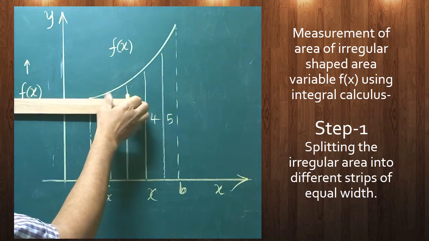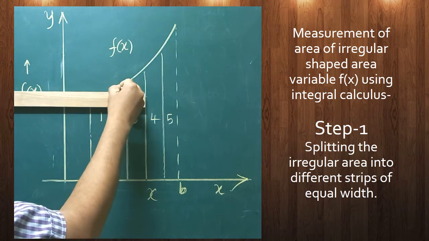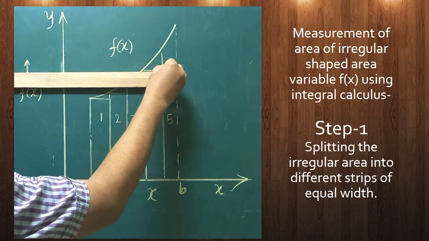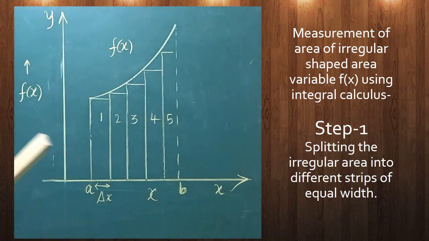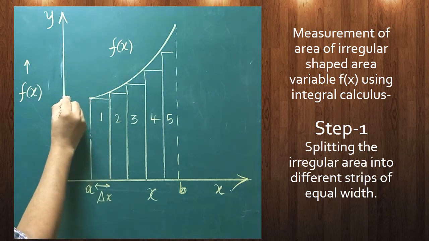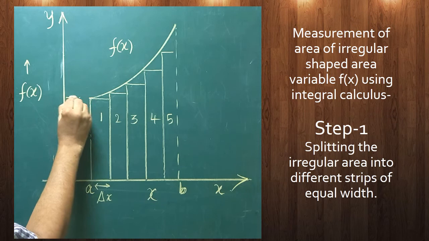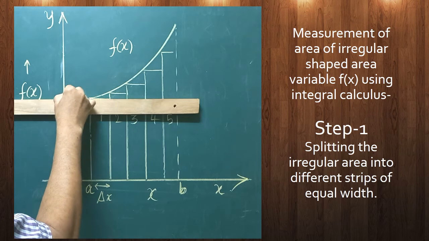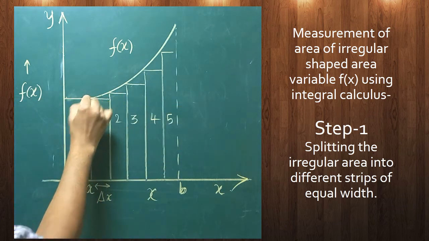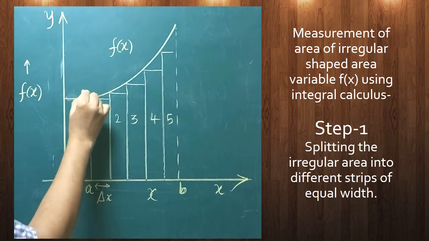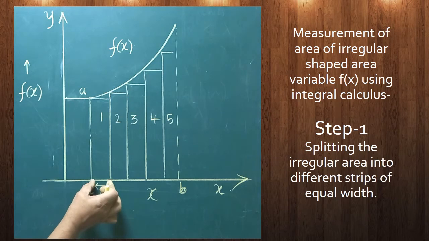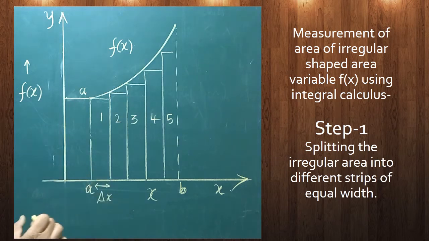Now I have to draw the horizontal line here. Are you clear? Only then. Okay, just draw the horizontal line like this. Here this is taken as A now. Here just extend the line, and here you write it as A. That is, the height of this portion is A. That should be written here. Height of this portion is A. Width of this portion is how much? Del x. Could you understand this?